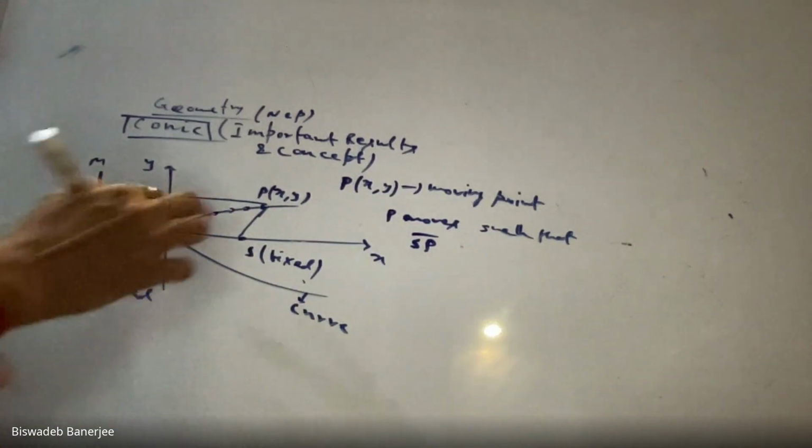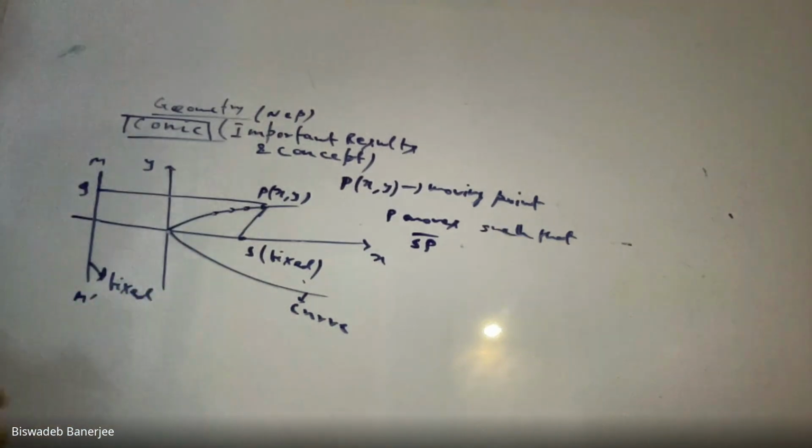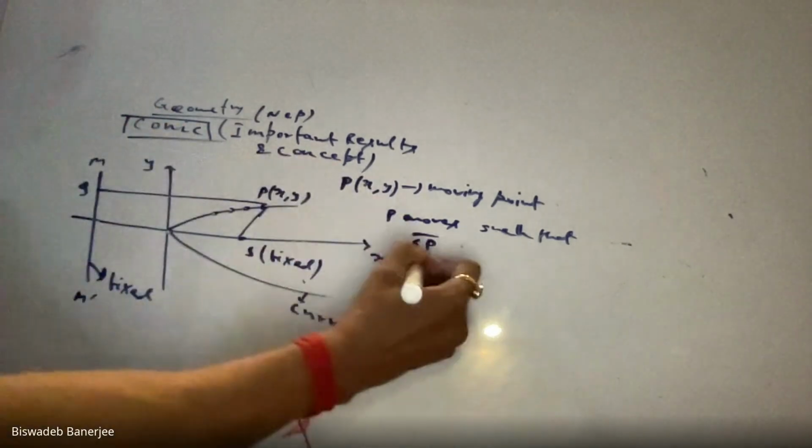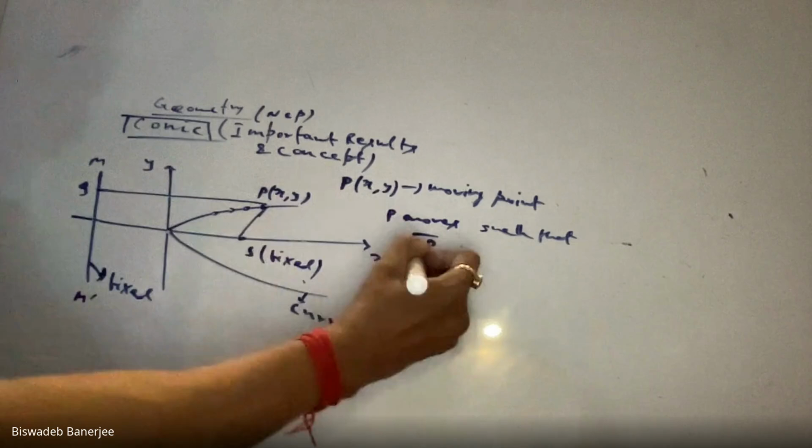This point P moves in such a way that the distance between S and P and the distance between P and Q